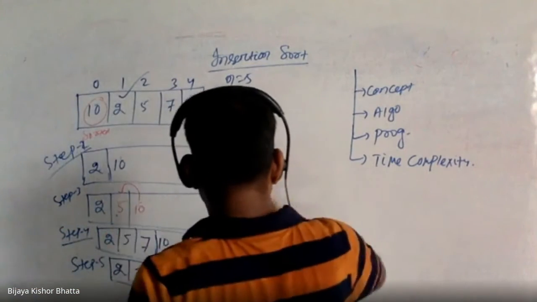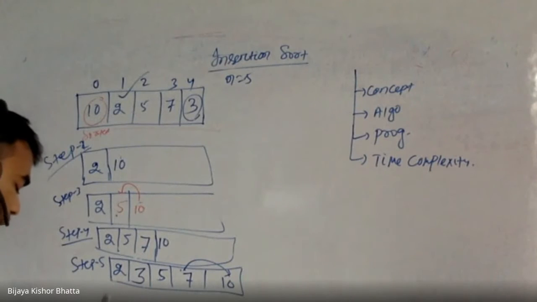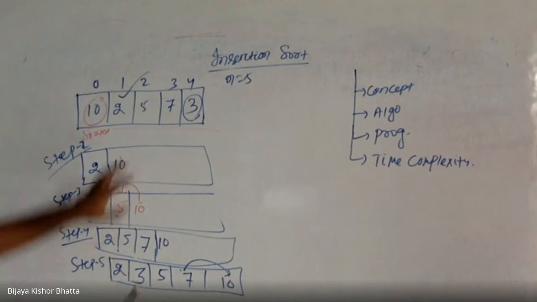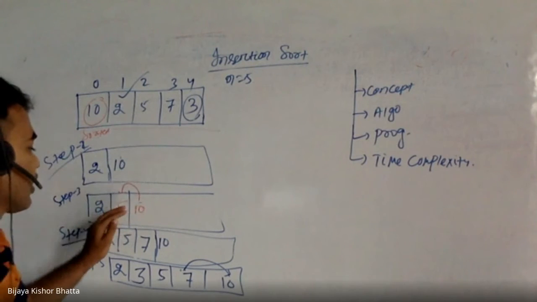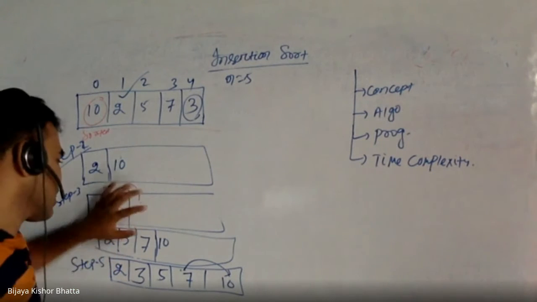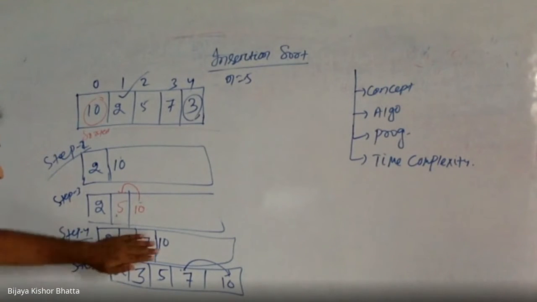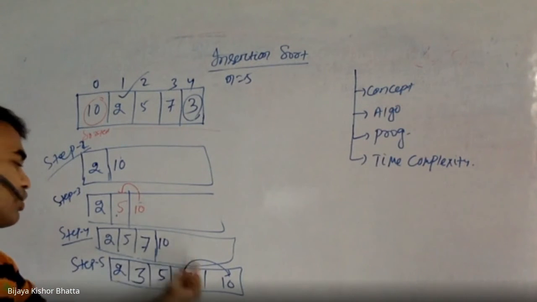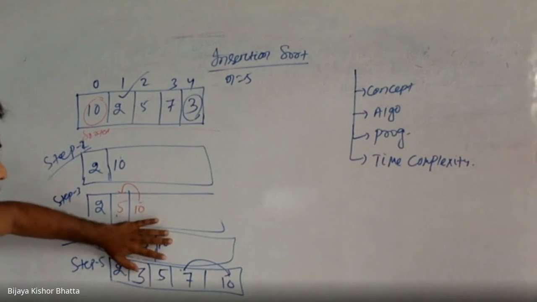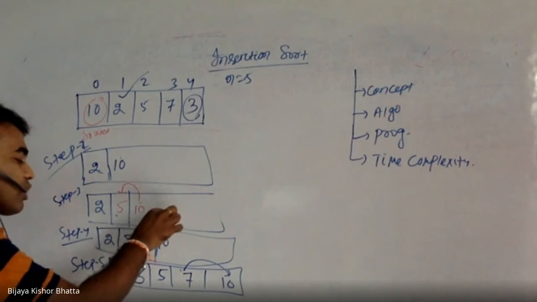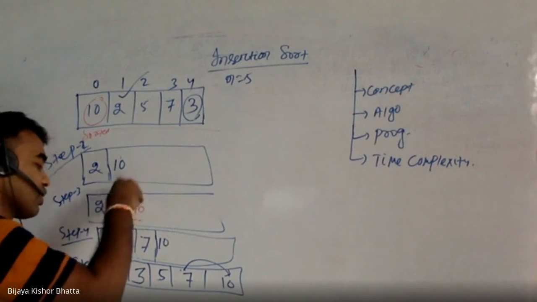So the basic idea, I'll just repeat it for a minute so that you get clarity. You take one element at a time, one step, and see where it fits, because this is a sorted array. If you look at this instance, 2, 5, 7, it is already a sorted array. You are trying to insert 3 or 10, so an already sorted array is there. You compare that element to see where it fits. If it is not fitting, you need a space, because you need to insert.